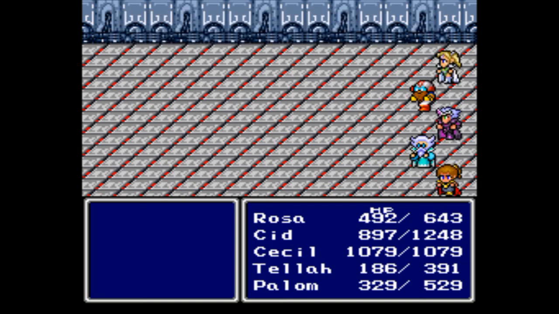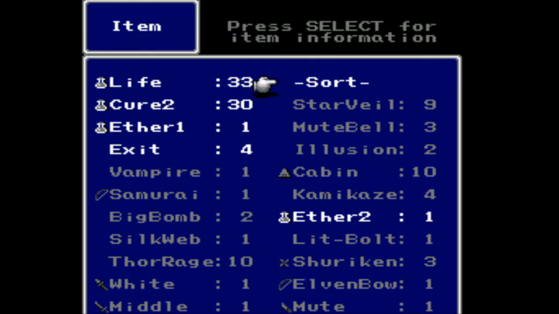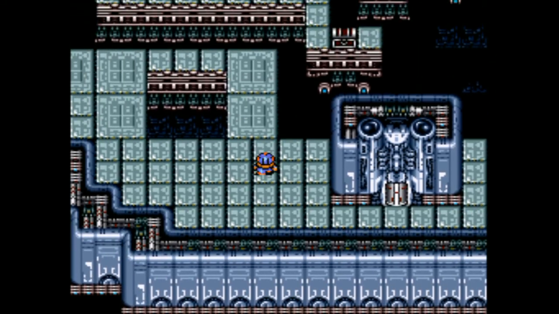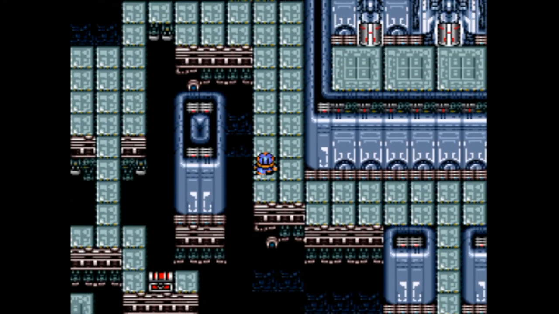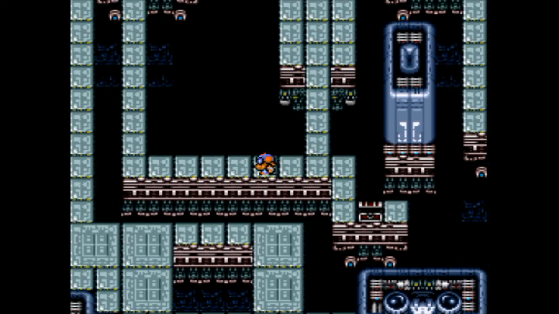Couple more levels there. Another samurai bow. And where are we at on arrows? Six. We do have poison arrows left. The big question I have to ask myself here is, do we want to...